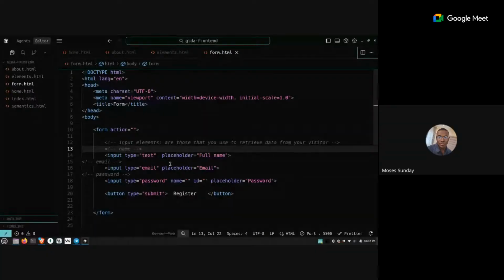So basically what happens there is, when we are done filling this form, when we click on the register button, the form submits because we specify that the type of the button that we will have there is submit. We can have other types of button, right? You can have reset, you can have cancel, but mostly you are going to have